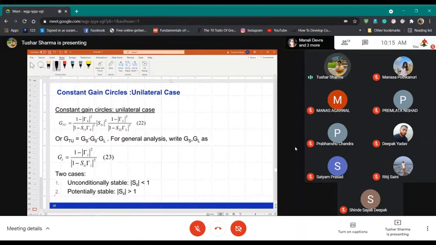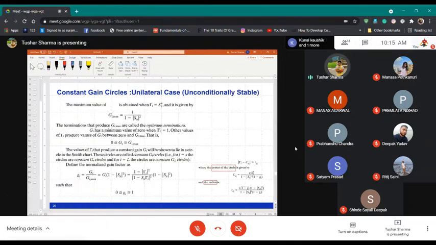Any generalized expression for any given gamma can be given by Gi equal to 1 minus |gamma i| squared over |1 minus Sii gamma i| squared. Now the point is, we know this is the gain, but there are two cases, as we understood through K: the device can be unconditionally stable, or potentially unstable. It's the same thing, right?